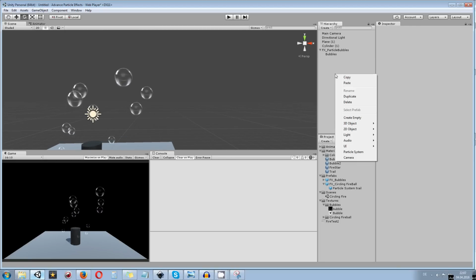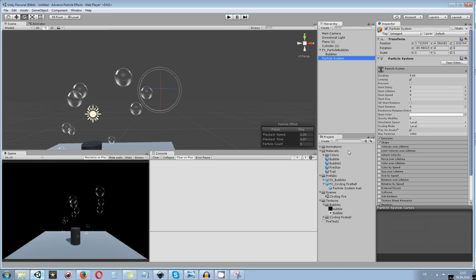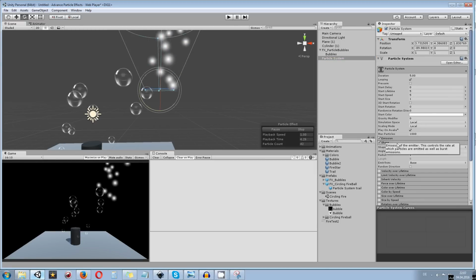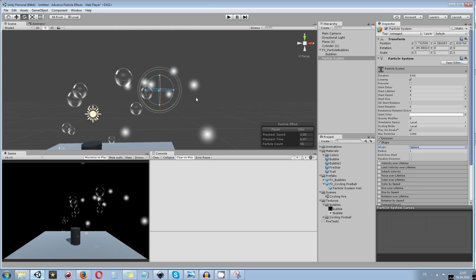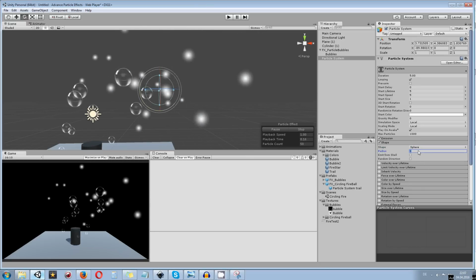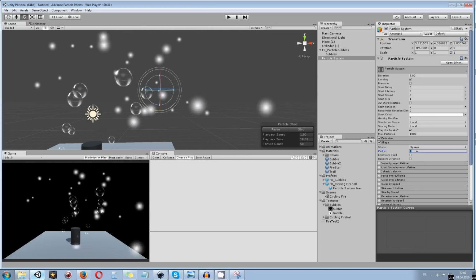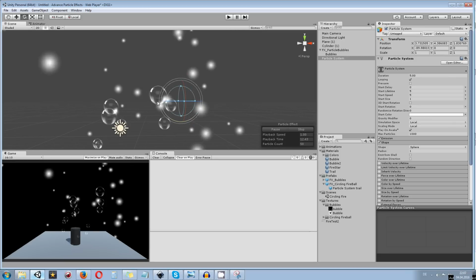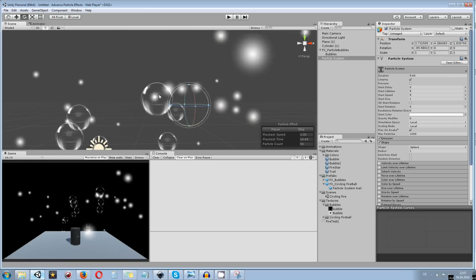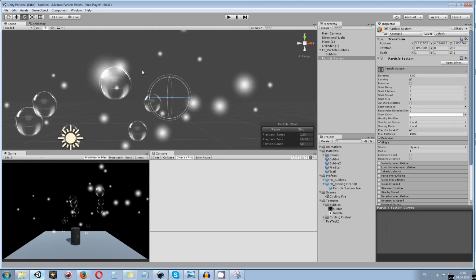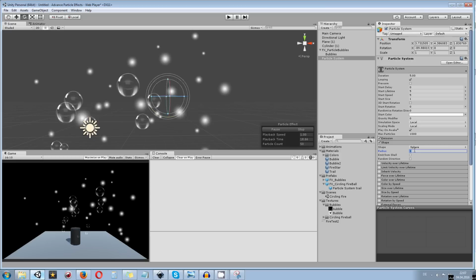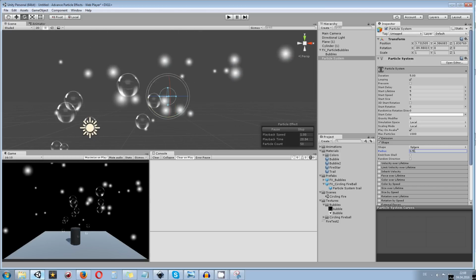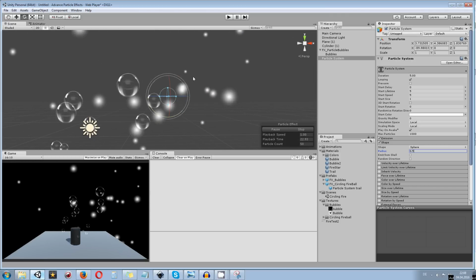What we do is we create a new particle system or particle effect. I want to change the shape from cone to sphere at first. Also, I want to decrease the radius to maybe the maximum size of the bubble, which is at the very top right now. So make sure you have already something on the screen. If it's smaller, it doesn't really matter, but don't overdo it once again.